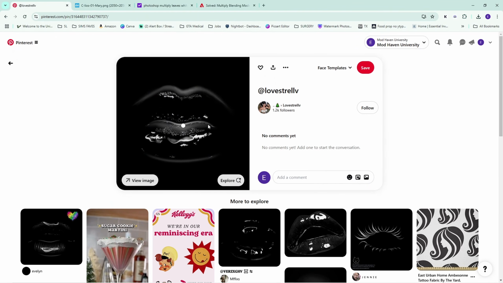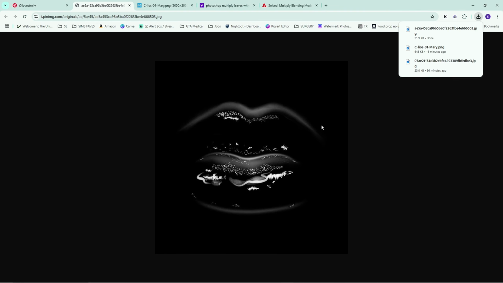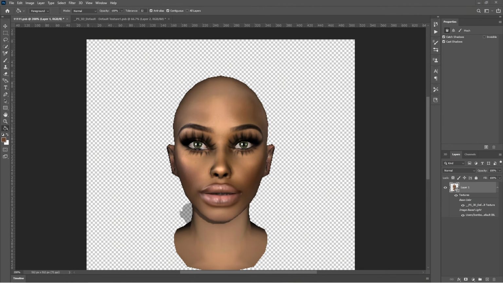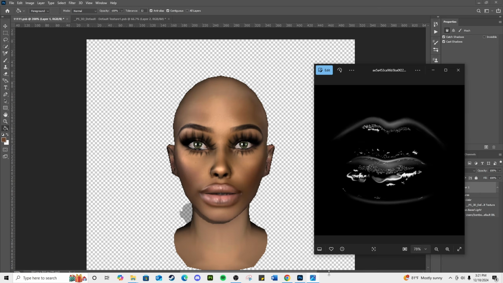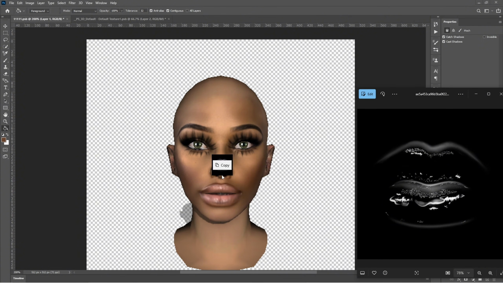I'm gonna use this one. So pretty much all you'll do is right click, save image as. It's a JPEG. All right, so I'm going to use this for the lips. So the best way to do this, you don't want to put it on here because that black background will still be showing. So for an example, if I were to drop this here